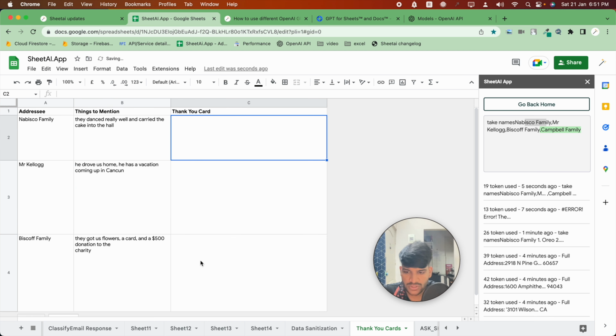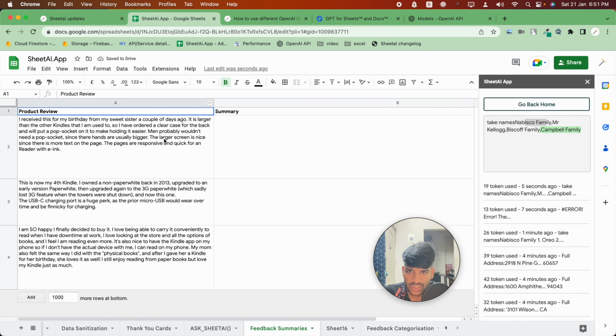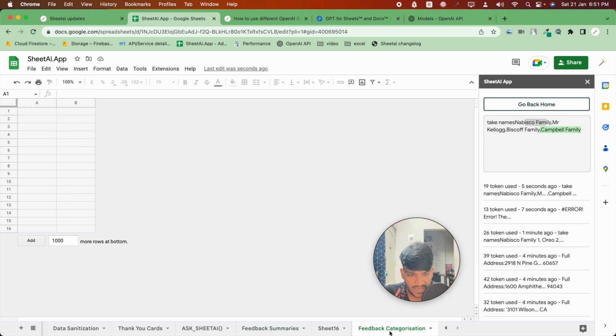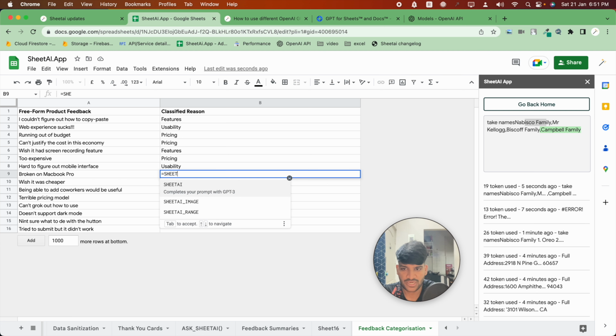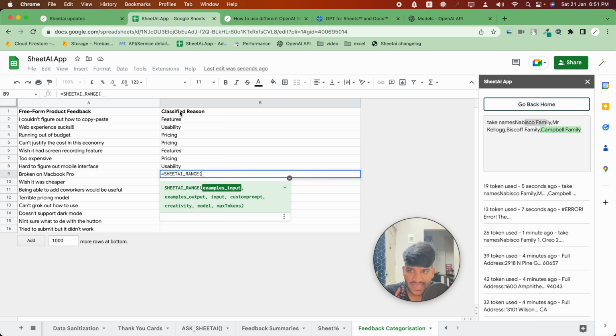This also works, for example, for this feedback categorization. Before, if we were doing feedback categorization, we needed to use the SheetAI range function, where you need to provide the example inputs and example outputs. But rather than doing that, what you can do now is just say SheetAI, I am input output